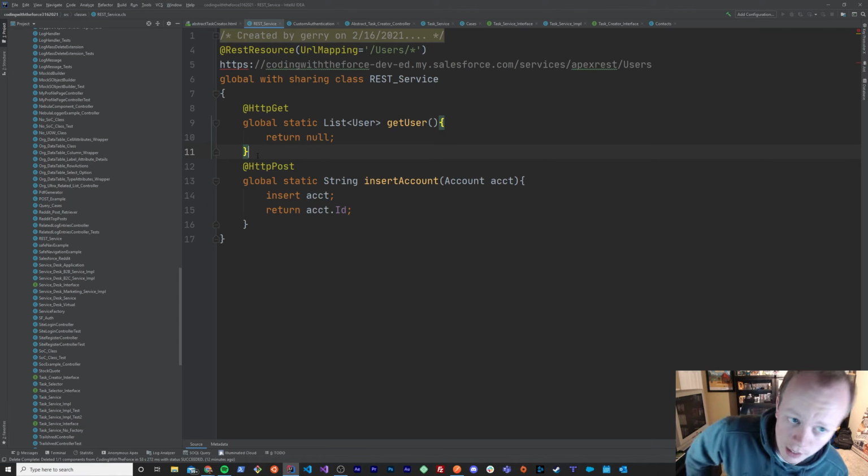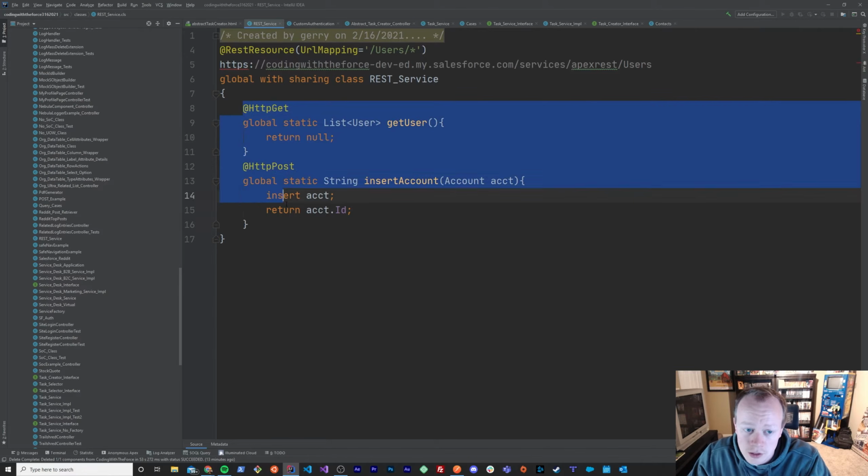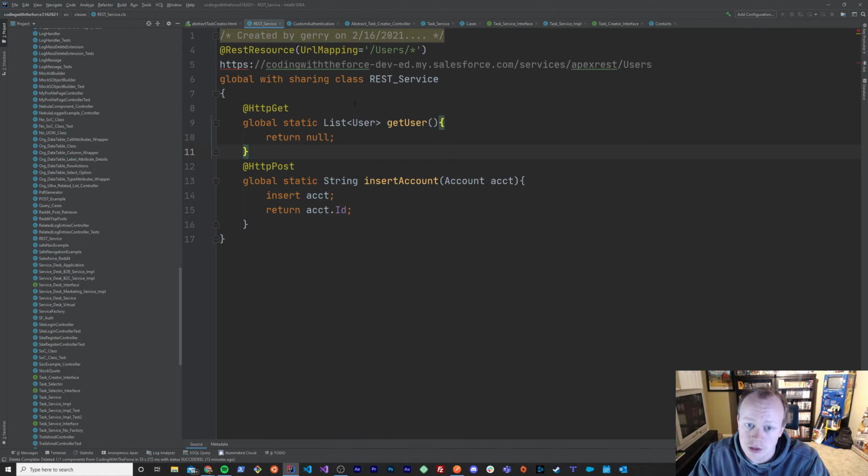So whenever you name these REST resources, make sure that they are some kind of noun, typically a person, place, or thing that you are giving your users access to, or your external systems access to. But that's effectively what it is. It's just a descriptor